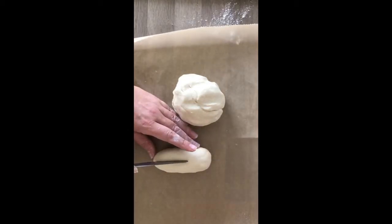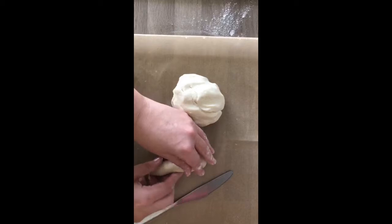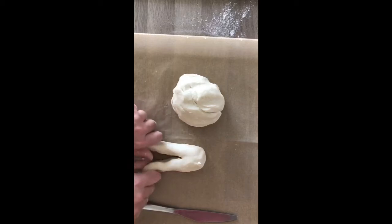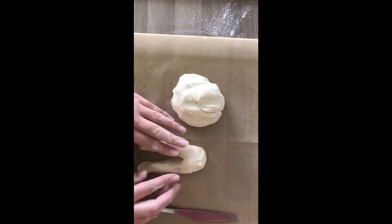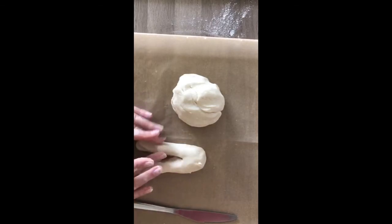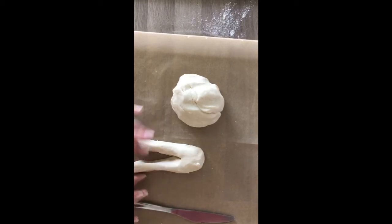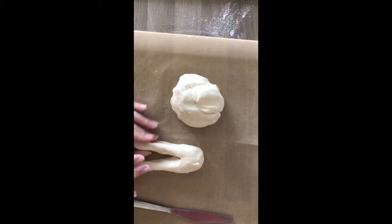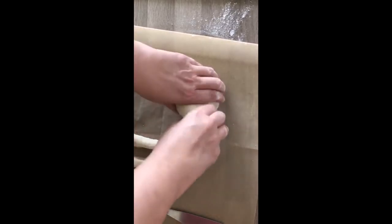So I've got a knife here. He had very tall, he had very long legs. So I'm just going to try and mould his legs from this piece, like this. And I'm leaving it on the greaseproof paper so it's not sticking to the work surface too much, or the table, wherever you're working. So I'm just moulding his legs using my fingers, like this. Now make his body